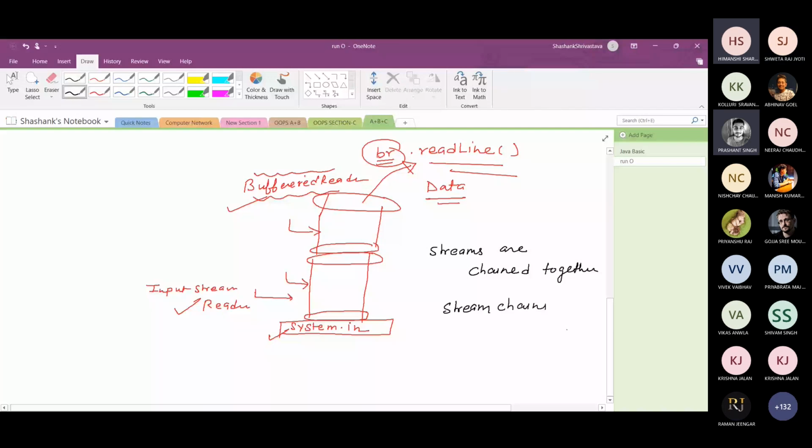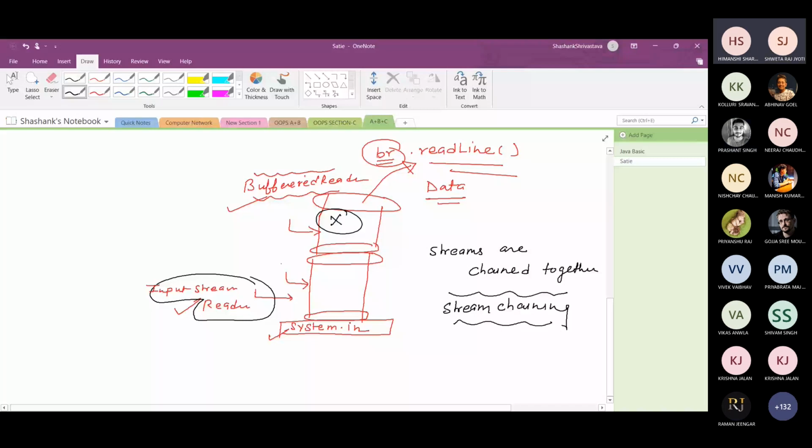If you do not connect them, there is no problem, you will be able to read the data with the help of an InputStreamReader class object. But for that you will only be able to access the functionality of InputStreamReader. If you connect InputStreamReader with BufferedReader, you will be able to access the functionality of the BufferedReader class.